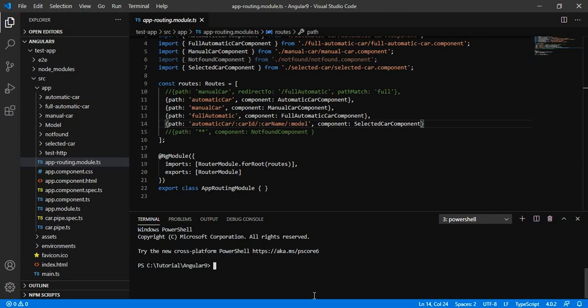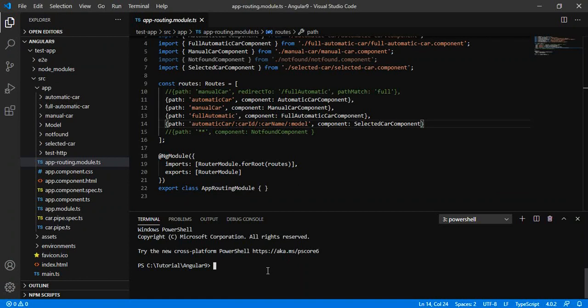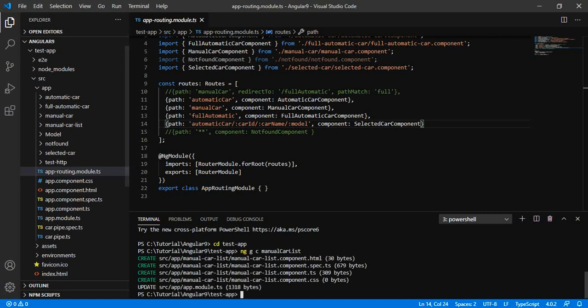If we are going to add it inside the manual car, let us add manual car list. So we have added the component.